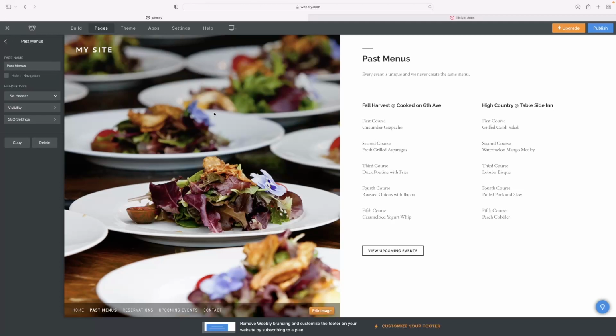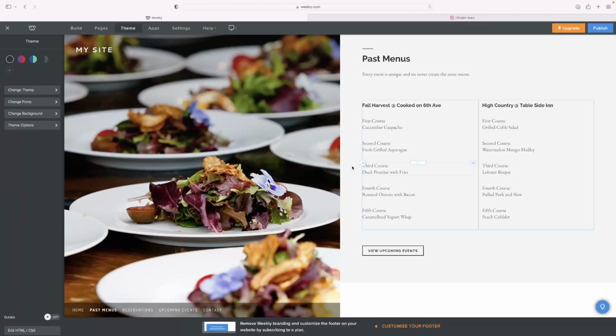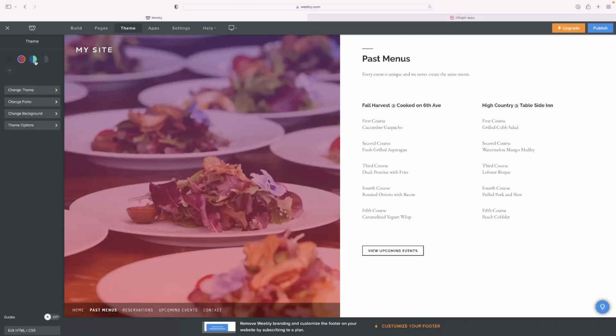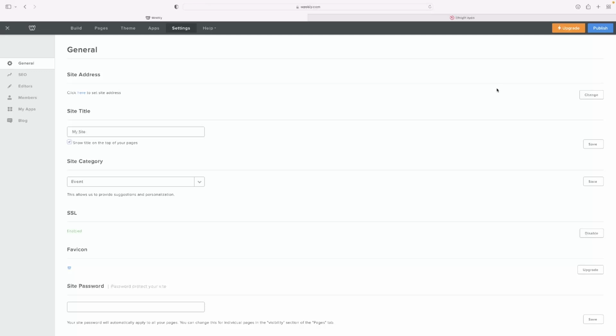If you want to change the look and feel of your website quite significantly at once, go to theme and then change theme, and you'll get access back to the templates from the template browser that we were at the start. That will keep the information and the images of your current site, but reformat it. You can also change the color palette quite significantly in this area as well. The settings, if at some point down the line you want to connect it to a custom URL, edit the header and footer, and manage the members of your site, are all under the settings option in the menu there. And once you're done with the construction of your website, you can hit publish